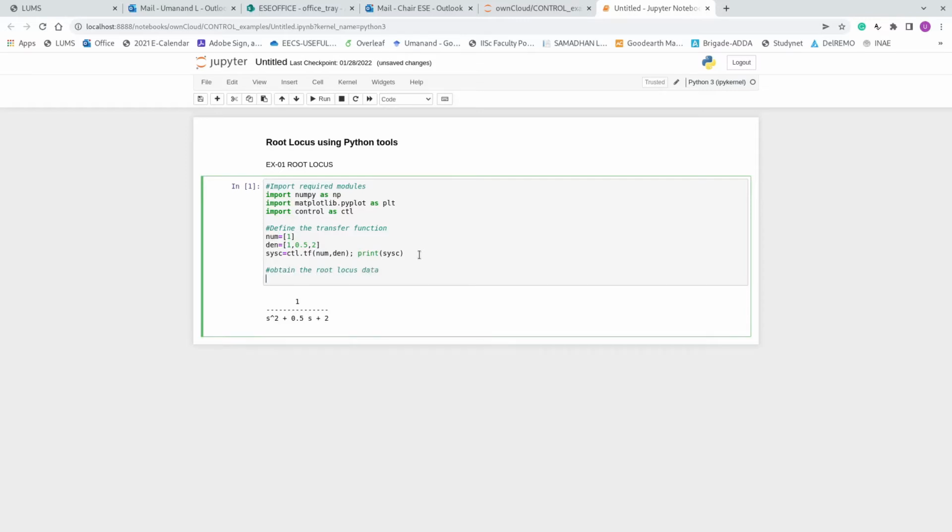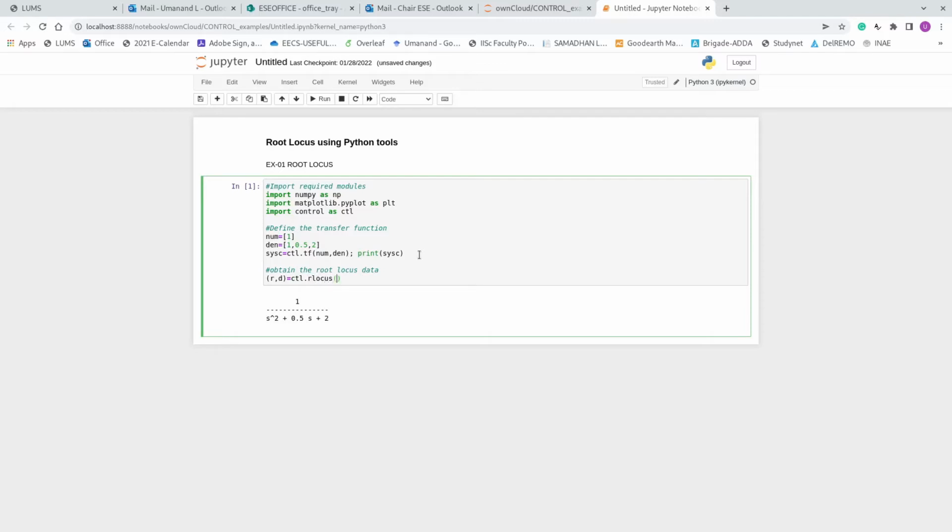For that, I will get these two data R and D. R is a vector of roots, D is the vector of damping ratios from the root locus function present in the control toolbox, rlocus.